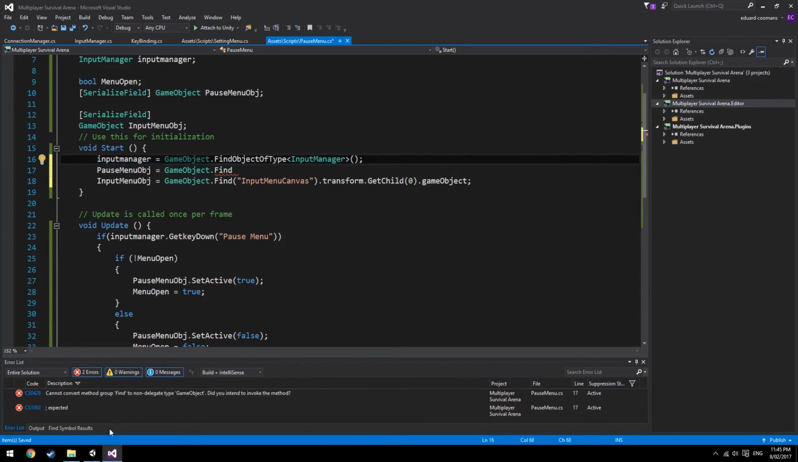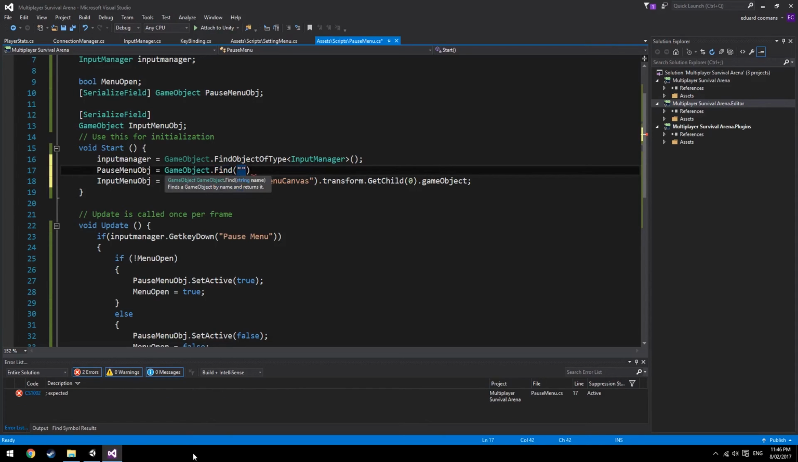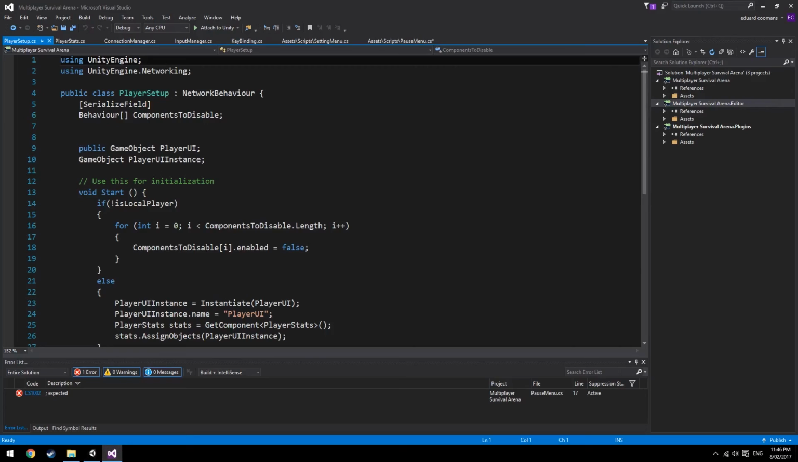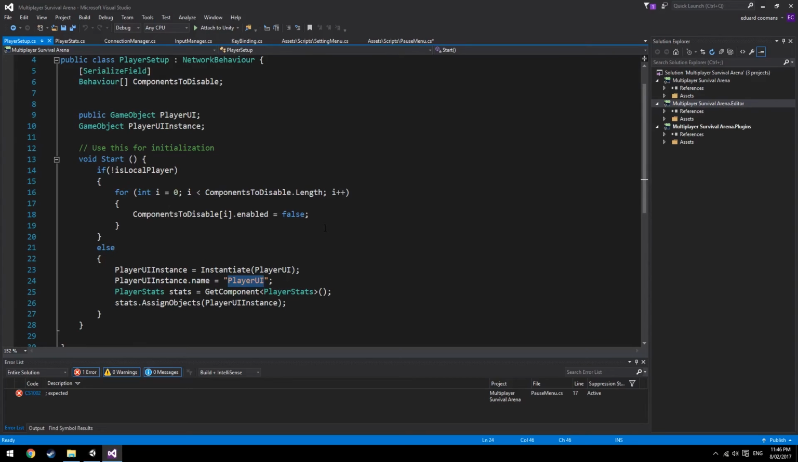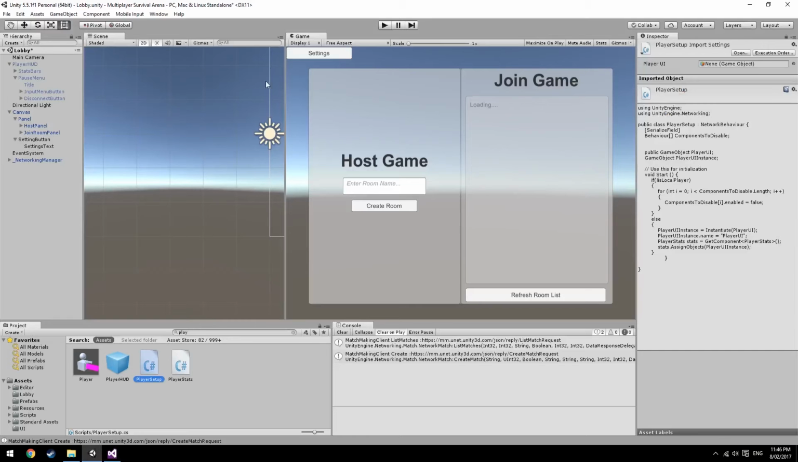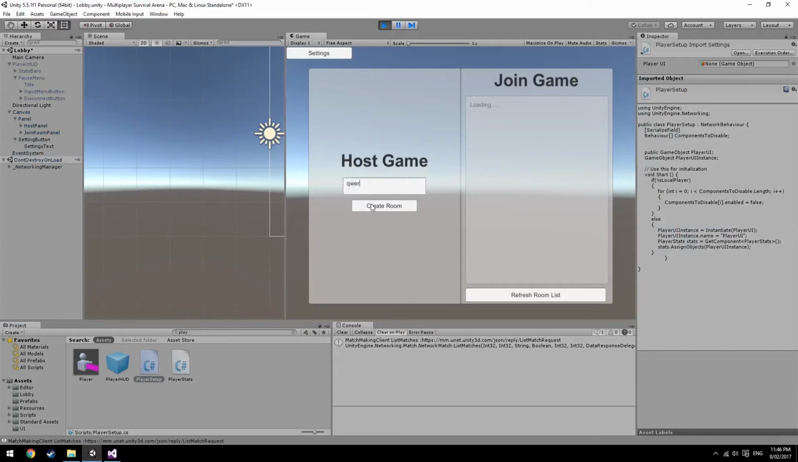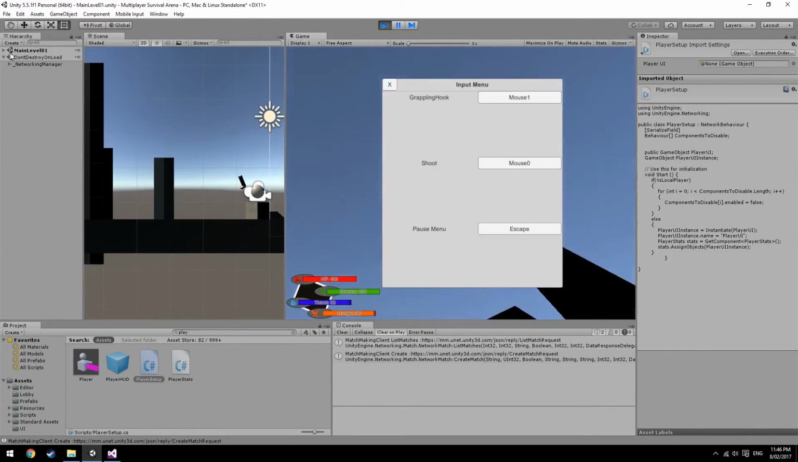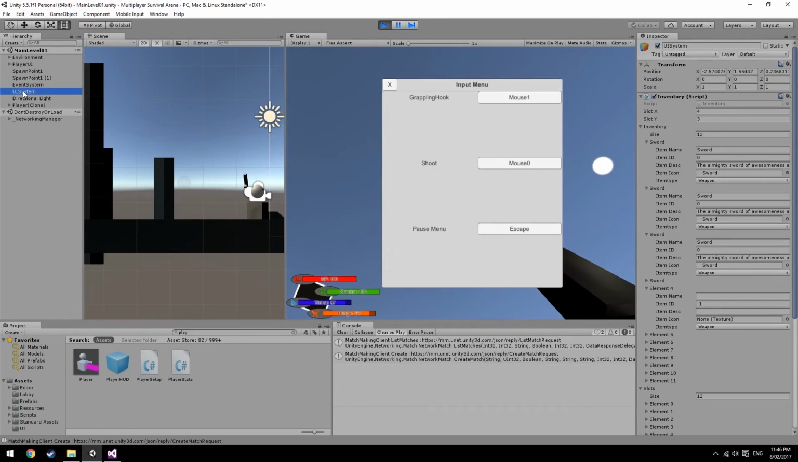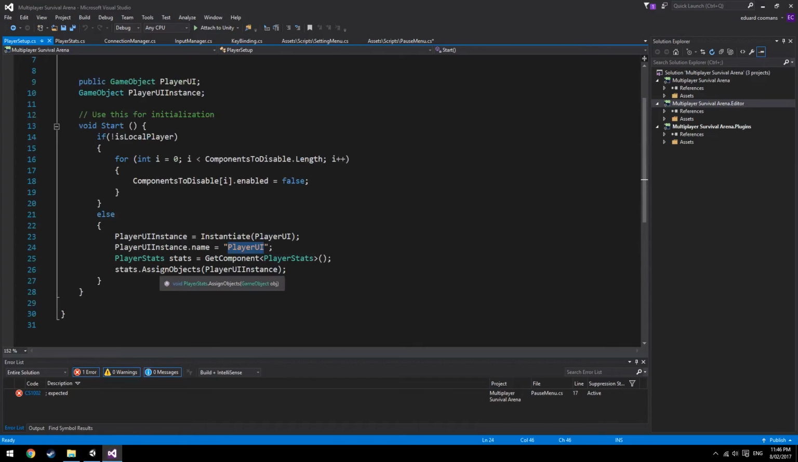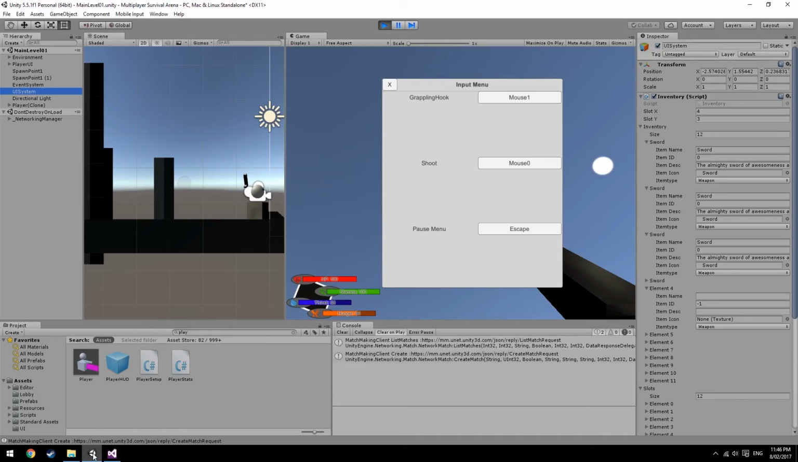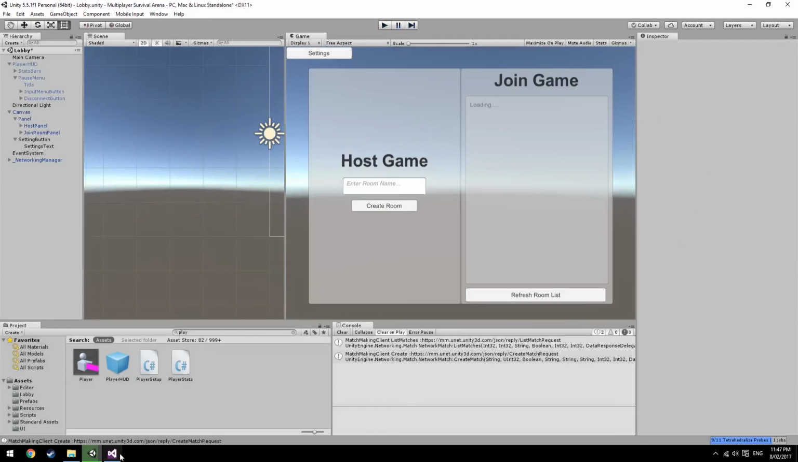How are we going to find it? So find... so it's in the player setup UI. Wait. Am I going crazy? Didn't that say UI system? Okay, I'm going crazy. So we want to find the player UI